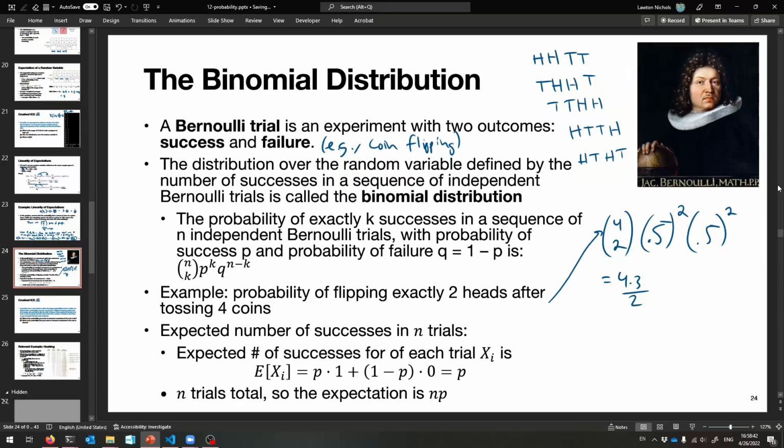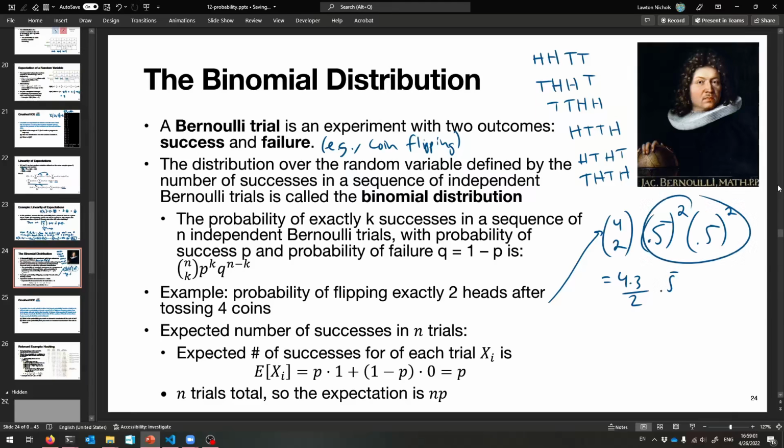So it's tails, heads, tails, heads. So these are all the different ways that you could have had 2 successes. Do you see that? That's where the 4 choose 2 comes into play. That's the different number of ways that you could have that, okay? And then that gives us the final probability if we multiply this by